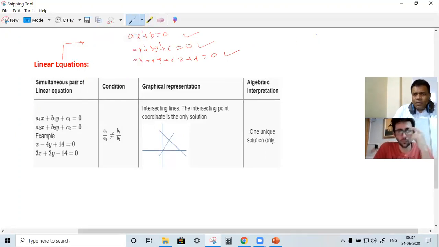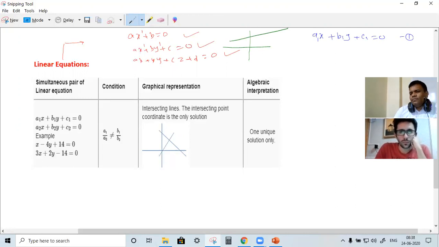Today's focus will be more on linear equations of two variables. Let us say one equation is given: a1x plus b1y plus c1 is equal to 0. This is one equation. If you plot this, what is it going to be? It is going to be a straight line. Like when we plot the quadratic equation, it is a parabola; when you plot the linear equation, you get a straight line. Remember, we already discussed this in coordinate geometry. So this is the equation of a straight line, ax plus by plus c is equal to 0. I took this as equation 1. The other equation is a2x plus b2y plus c2 is equal to 0.